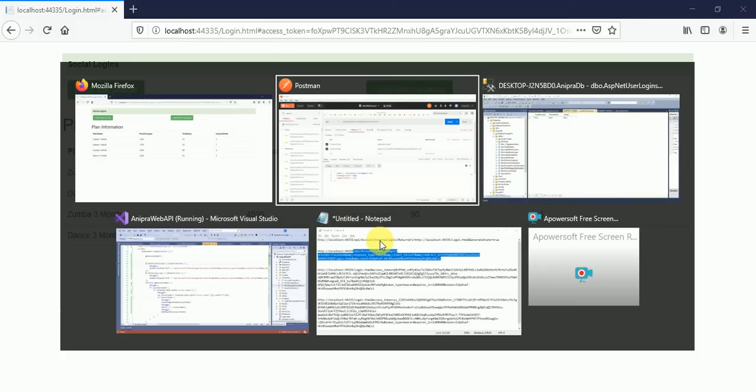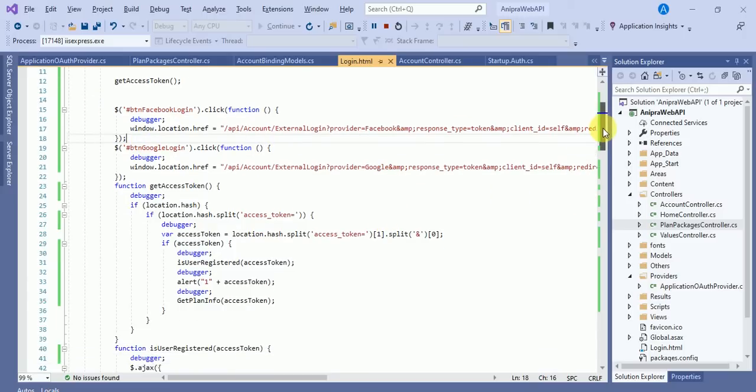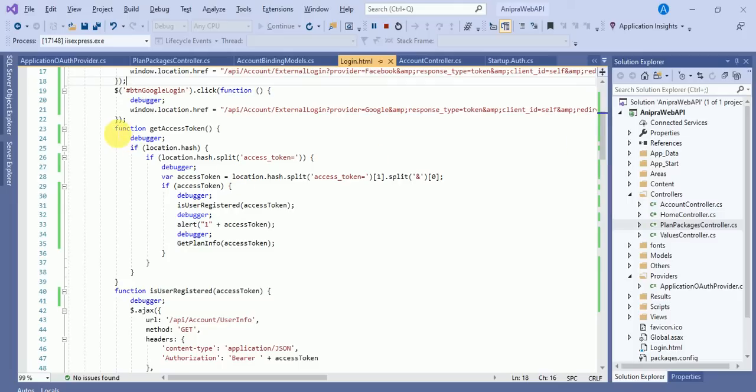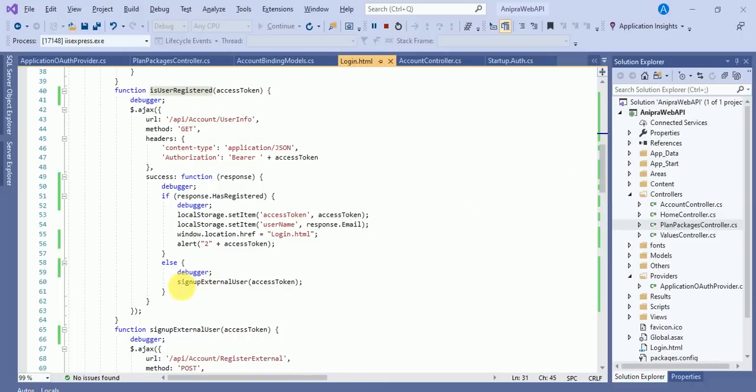Okay, so here you can see we first click on this button, and once it redirects, using this method get access token we are accessing the token. Then we are checking whether the user is registered. No, the user is not registered. Then it will come to this part, sign up external user.